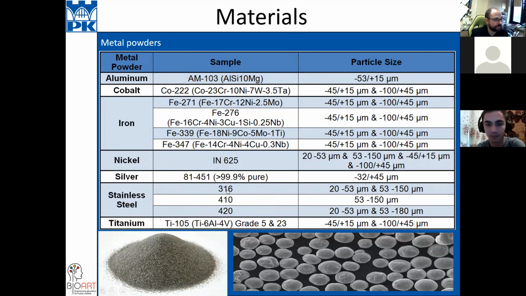Of course, the austenitic stainless steel is not magnetic steel, but look at the particle size, very small, and the shape is incredible. It's almost 100% a sphere, and that's why it's very expensive.